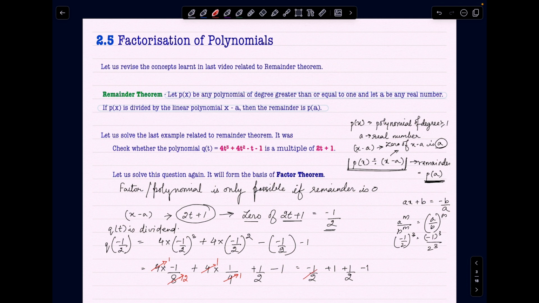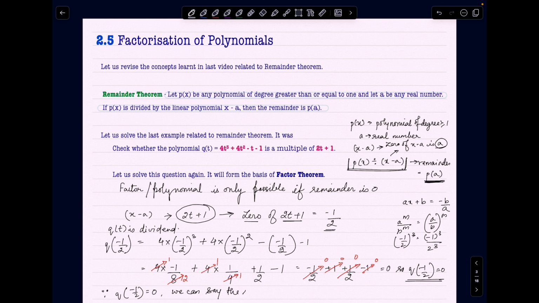Minus 1 by 2 plus 1 by 2 is 0. Plus 1 minus 1 again gives 0. So overall, q of minus 1 by 2 equals 0. Okay, q of minus 1 by 2 is 0. So what we can say is that since q of minus 1 by 2 equals 0, we can say